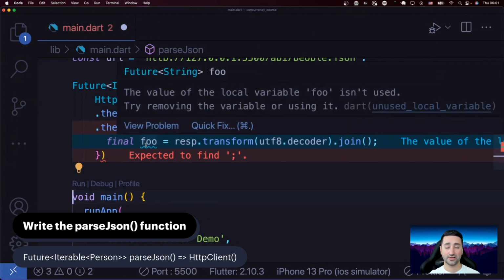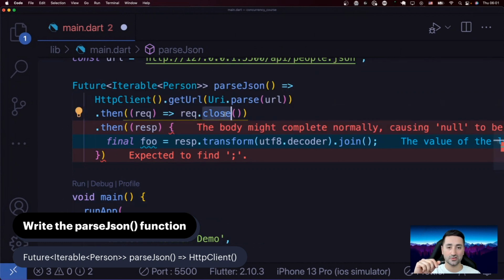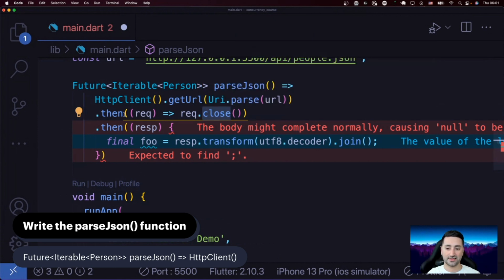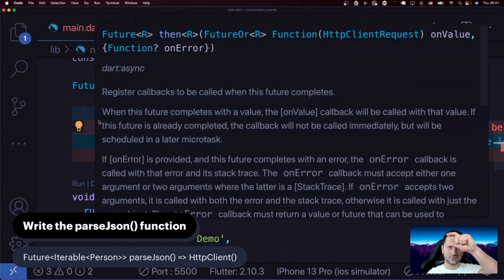Now you can see foo is a future of string. Interesting. So first we had the pipe of the request. Then we went in that pipe, extracted the request, and then, as you can see in here, we closed the request. It created a new pipe of the response. Then we went with the second then clause into that response pipe, which is the second pipe, and we said,